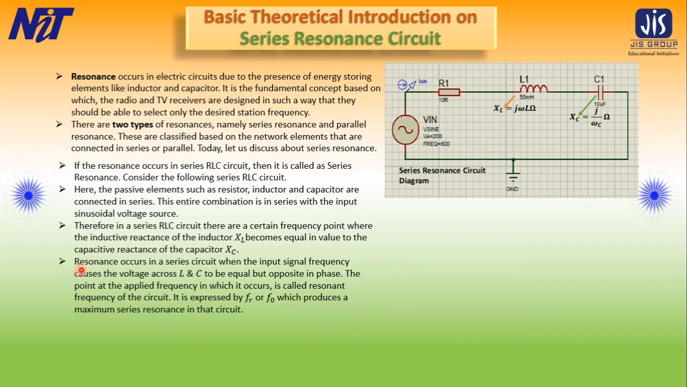And another thing happens, let's see. When resonance occurs in a series circuit, the input signal frequency causes the voltages across L and C to be equal but opposite in phase. The point at the applied frequency at which it occurs is called resonant. Because both are equal but opposite in phase, the resultant reactance will be realized as 0 ohms. So when resonance occurs, only the resistance